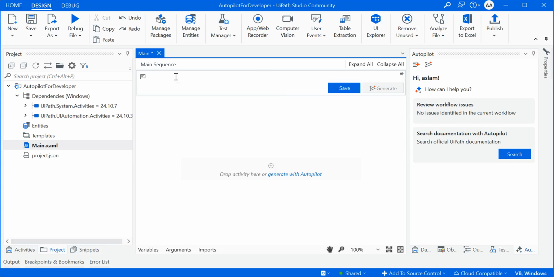So the first thing is text to workflow, right? In a previous video I already created text to workflow, but let me retry again. Right now I'm trying to create a dispatcher process for document understanding, right? For a dispatcher, normally what we do is get the attachment from the email, and then extract the data by document understanding activity, and then